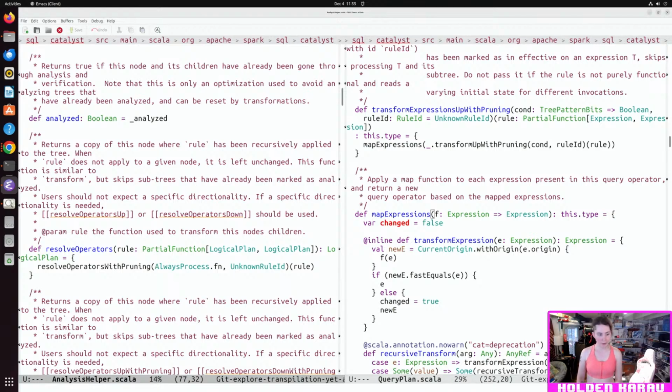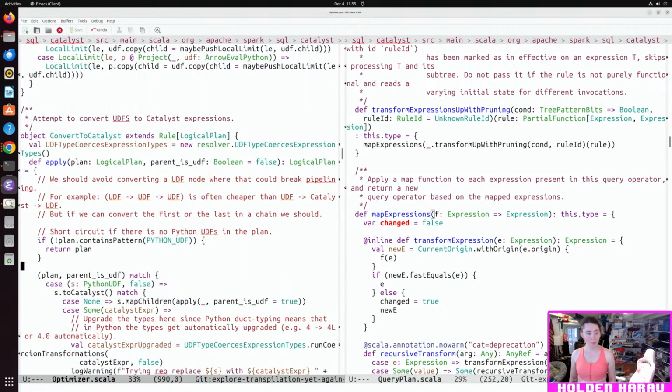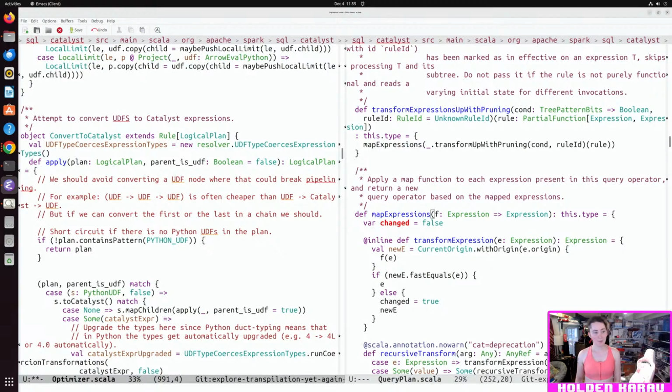So then we're going to go over here to our optimizer. Plan parent is UDF. Okay. Accepted set plan dot map expressions.